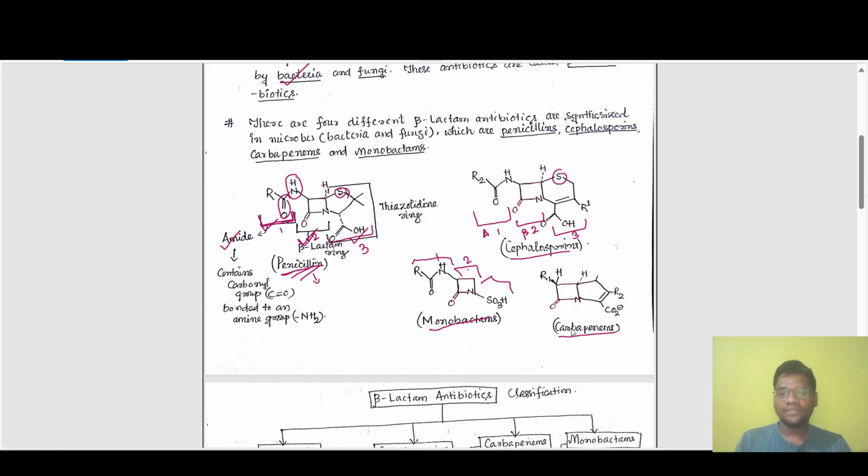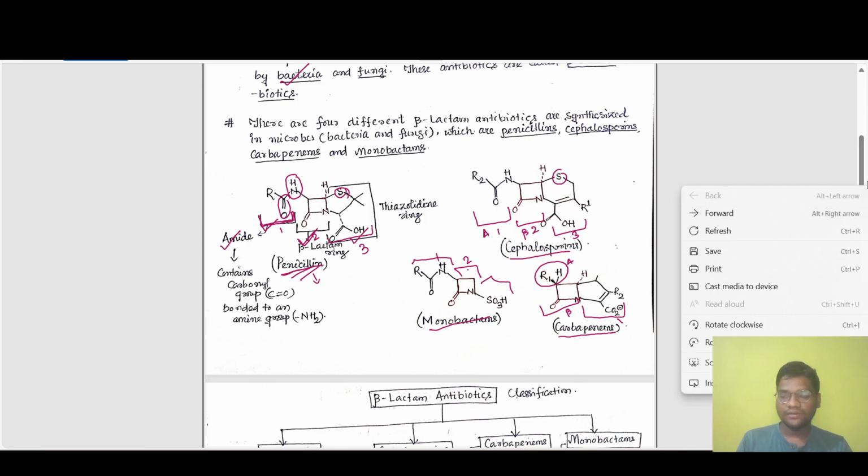Okay, and similarly in the carbapenem also you can see here this part is your amide part, and this one is actually your beta-lactam ring, and this one is actually your thiazolidine ring. Okay, so coming to the next,